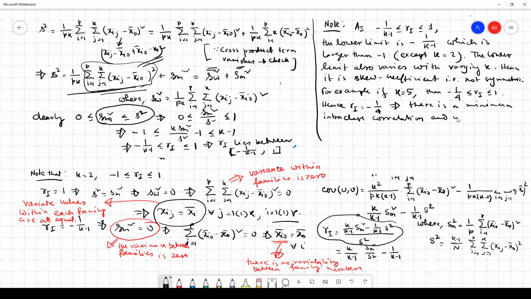Whereas Ri equal to plus 1 by 4 means there is a positive, low intraclass correlation,